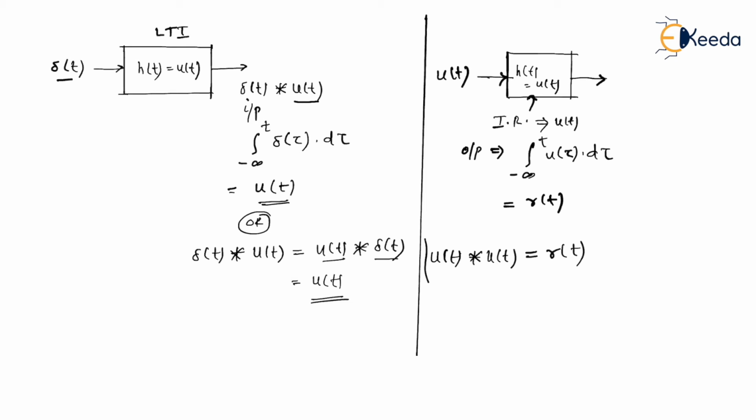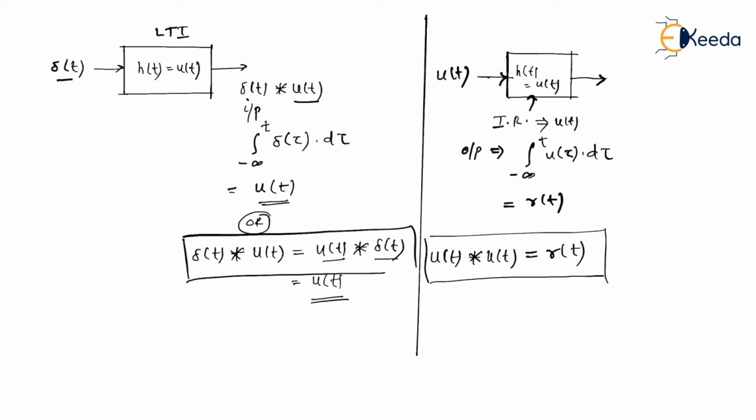It's a very important result. You should remember this. This is also a very important result. Whenever delta function gets convolved with u of t, result is u of t itself, because we know that any input convolved with del function remains same. Is that right? So this is how we have seen that whenever impulse response is unit step function, it takes integration of the input and it gives you output. That is, system itself acts as a standard integrator which integrates input from minus infinity to t.